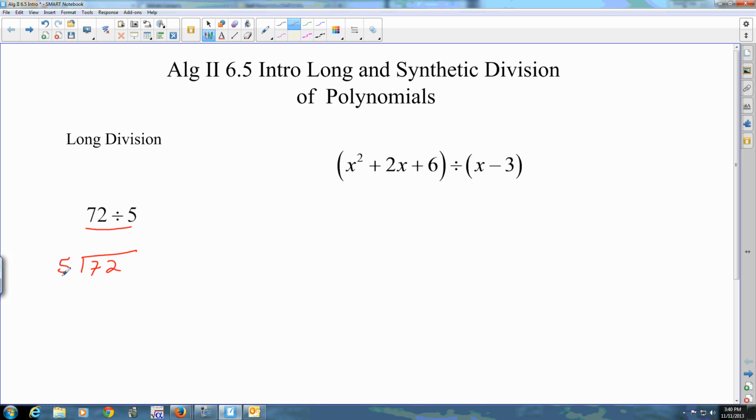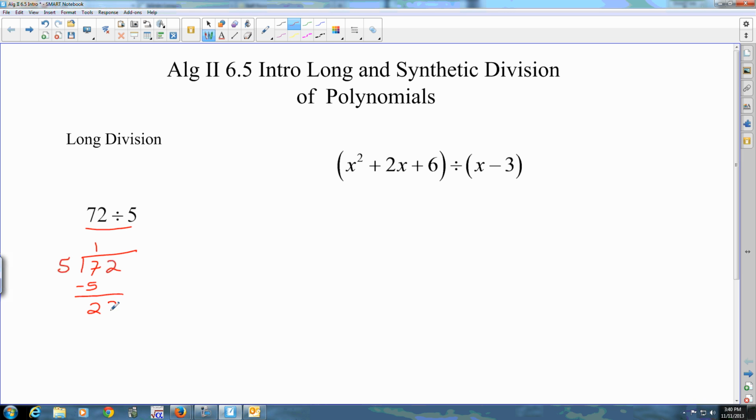When you ask, you're looking for what times 5 gets you the closest possible to the very first number. If it doesn't fit in the first number, then you pull in something else. In this case, 5 goes into 7 once, and there's a prescribed place that you write it, meaning that you're writing it above the thing that you're dividing it into. Then you take this number 1 times 5, and you write it below it. Right now, that's a positive 5. You then subtract it